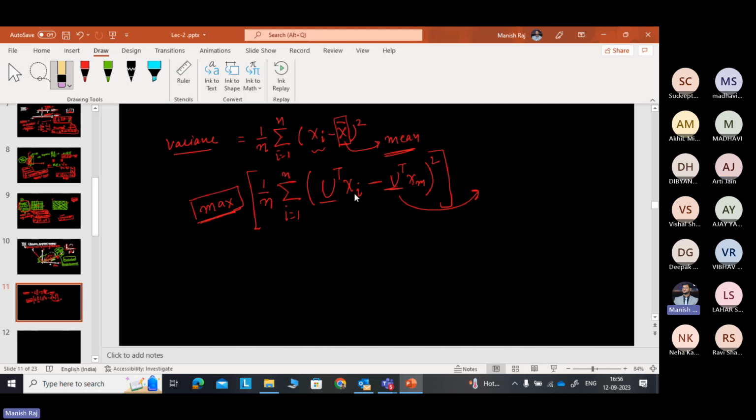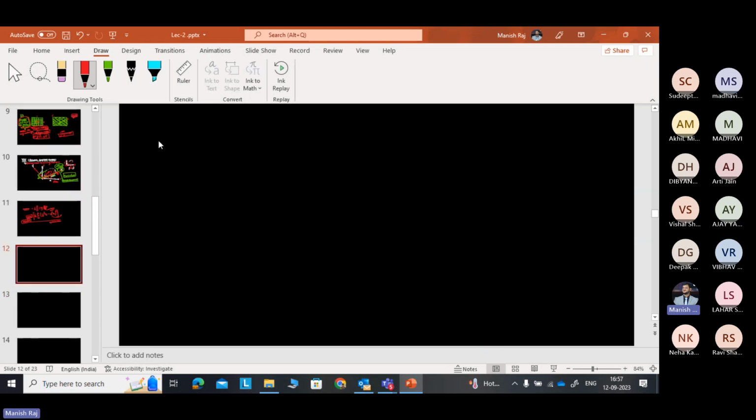Whatever the maximum, mathematics is okay. Mathematics इसके पीछे थोड़ी सी ज्यादा है, but now I will tell you what is the step you have to take for finding the mathematics. So if you will go for this thing, so this is the problem now, that is the optimization problem. So you can say this is the objective function, and you have to find whatever the value that will be maximum. So this is the optimization problem. So you have to find out this u value. So u value को निकालने का नॉर्मल तरीका स्टेप बाय स्टेप अगर मैं बताऊं, so I am telling you, so step by step if you will go,